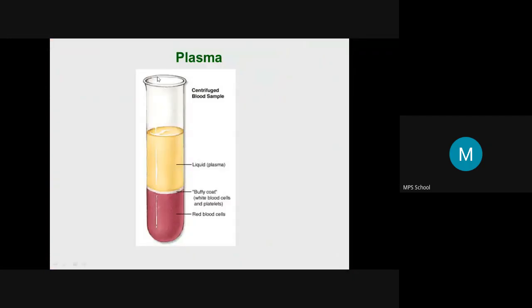This is what I told you, we are taking the 100 ml. Centrifugation is the process. Now you no need to remember this. If we centrifuge, meaning separate, this 50 to 55%, this yellow color, pale color liquid is the plasma,